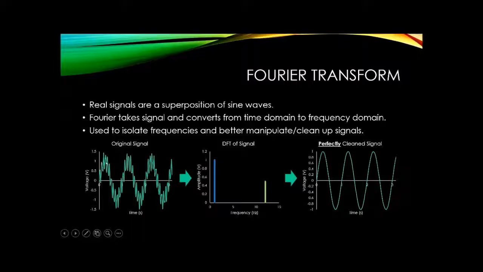So we saw the amplitude of the first signal was at 1 volt, and we can see that it shows up here as a frequency of 1 hertz, and then another frequency as 12 hertz. And now it's much cleaner to understand. We know exactly which frequency inputs we've got,